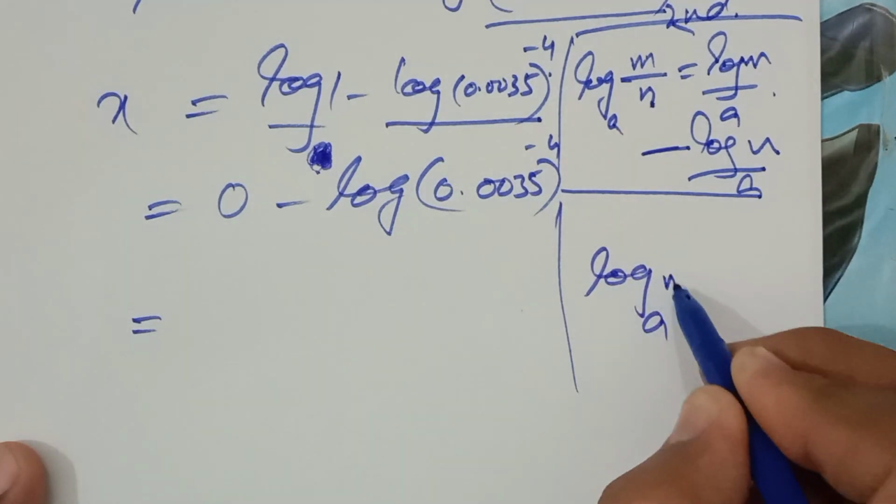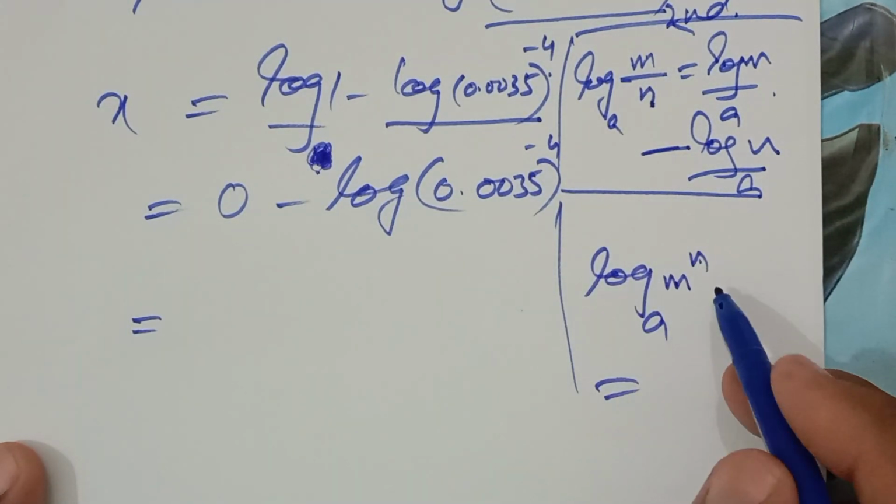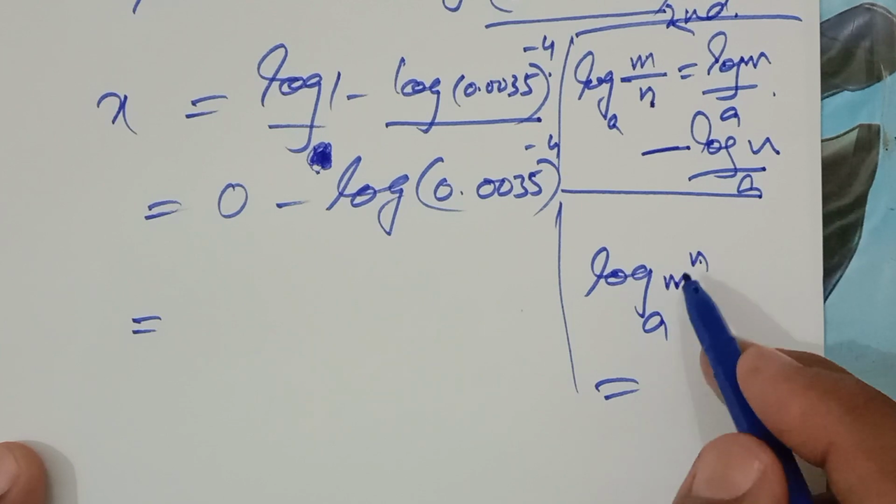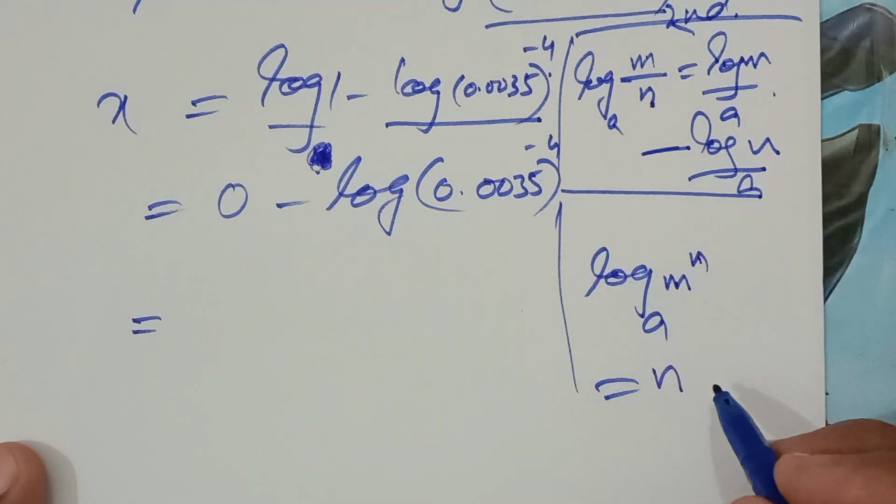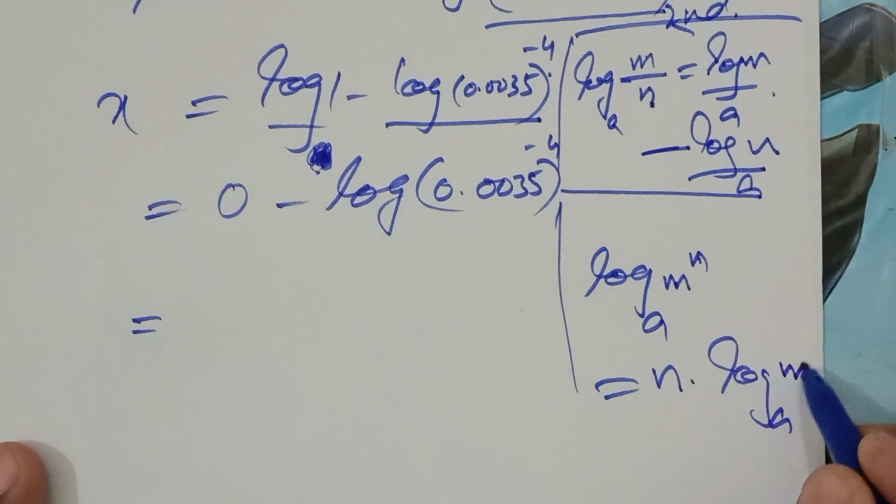Log with base a of m to the power n. We can write m raised to the power n as n times the log with base a of m. So we can write here